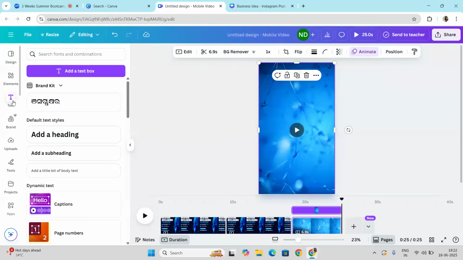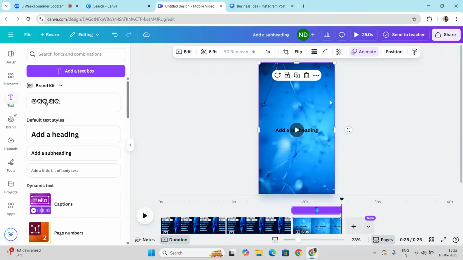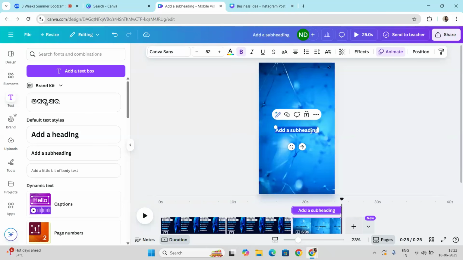Now I'm coming to the text part, and I'm taking one of the texts from the text box. From this magic write you can generate AI voice or something, which we're going to cover later. Now I'm just writing artificial intelligence.